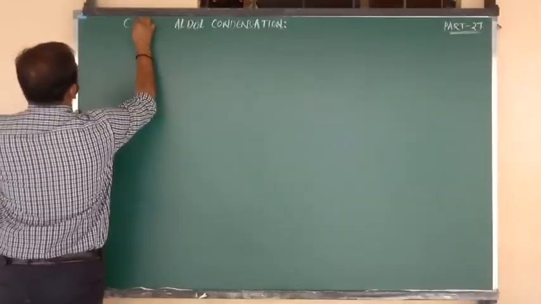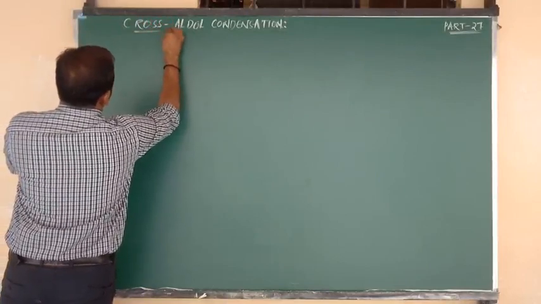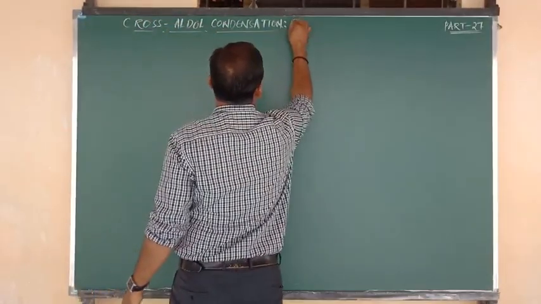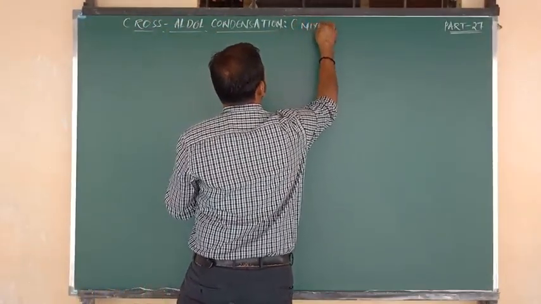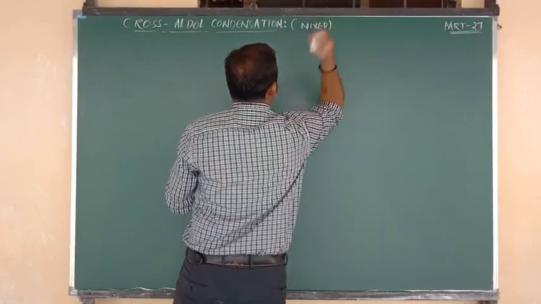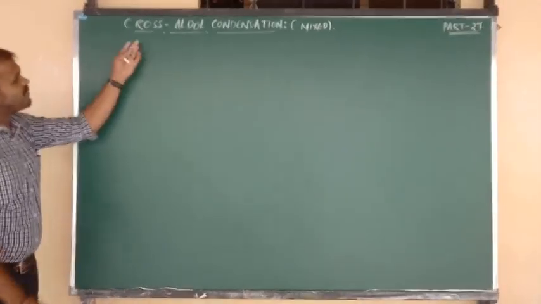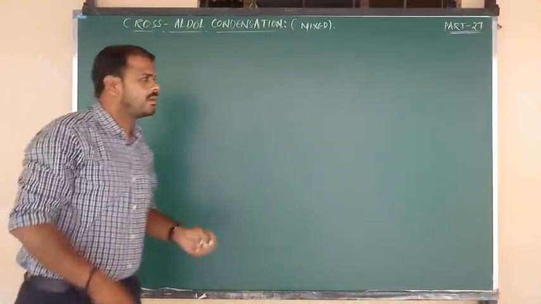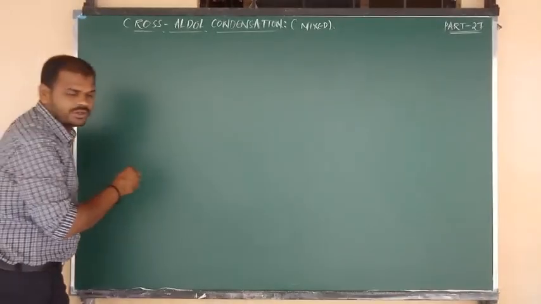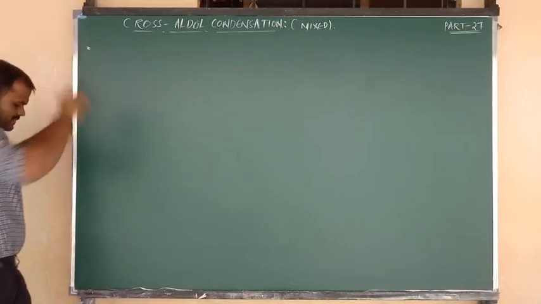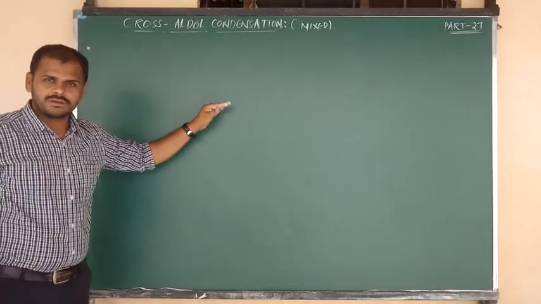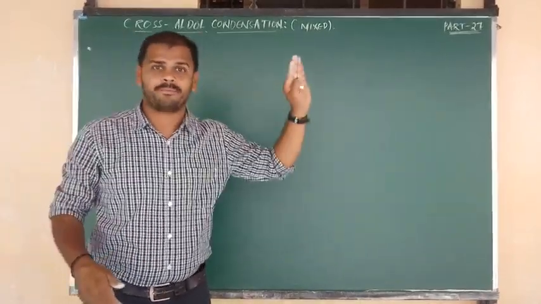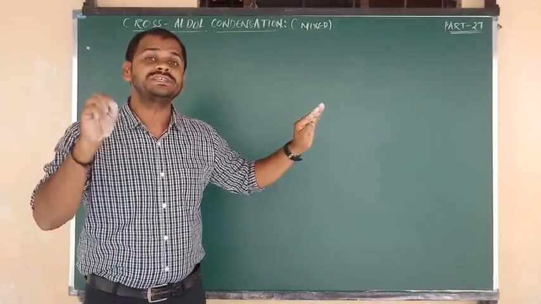What is the reaction, beta? The reaction name is called cross aldol condensation, and also we can say mixed aldol condensation. You have to remember both the names. So what is meant by cross aldol condensation or mixed aldol condensation? For this reaction I am going to show you the statement first of all. Cross aldol condensation and aldol condensation, the way of writing the mechanism and the reaction is the same. Everything will be the same. Just conditions are applied.